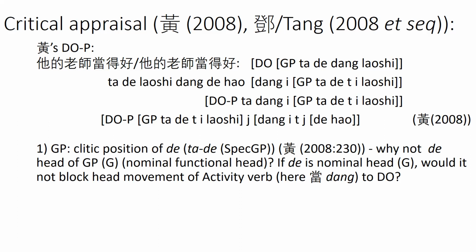Now, while we agree that the de in modern Mandarin is phonologically weak and it does function as a clitic, it's somewhat counterintuitive to argue that it's merged in the specifier of GP, because it's much more natural, considering that the de is a nominal functional head. The de is actually the head of the GP. And if it's the head of the GP, it should block head movement of the activity verb. In the second step of Huang's derivational analysis, the key thing here is the verb undergoes head movement from GP to do. But if we have the de in the head position of the GP, which it should, then it would block